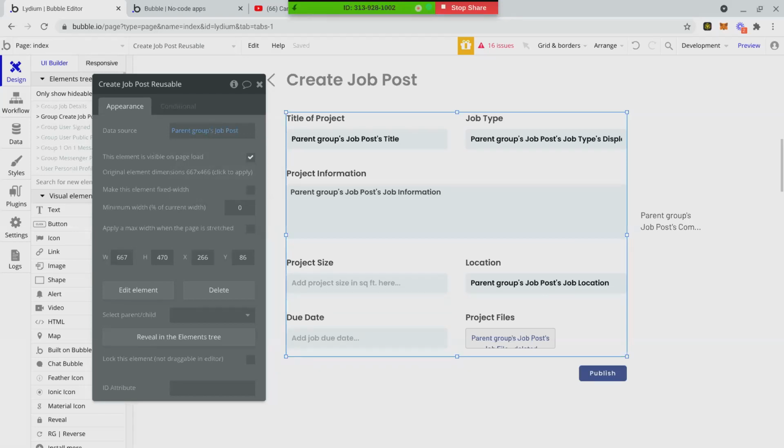Okay, I was a little confused with having to set a data source. Yep, it is very confusing. And then there's this other part of it where